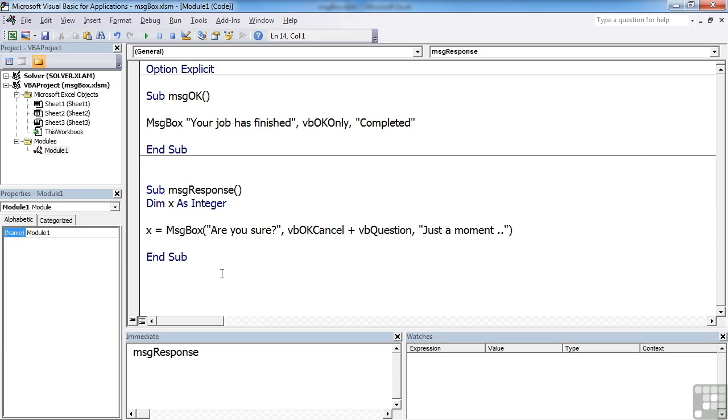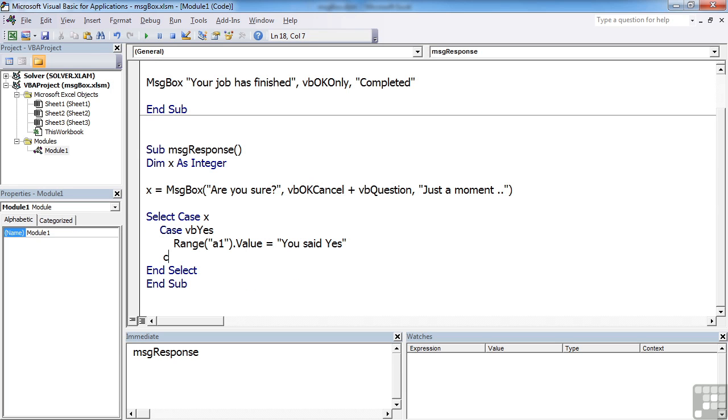So what I then need to be able to do is handle that response. So I can handle that response with an if or a case statement. Let's use a select case statement, select case X, and I'm going to put my end select there so that I don't forget more than anything. And then case VB yes. So if they say yes, then let's put into A1, you said yes. If they say no, then we'll put into A1,